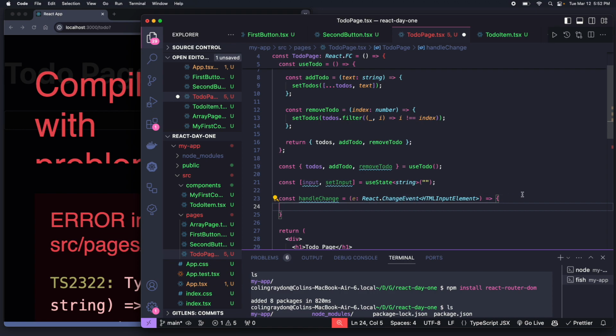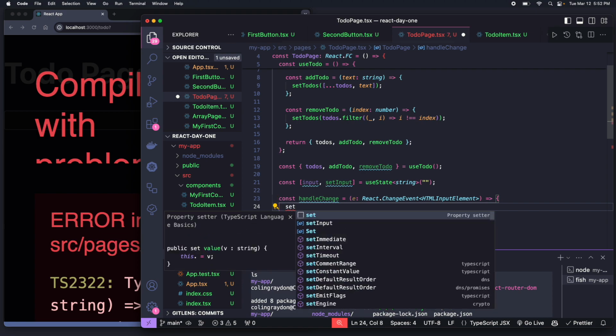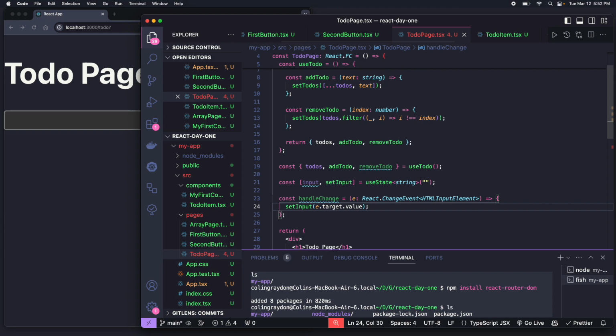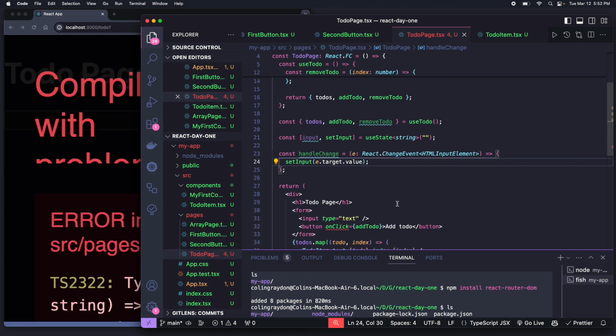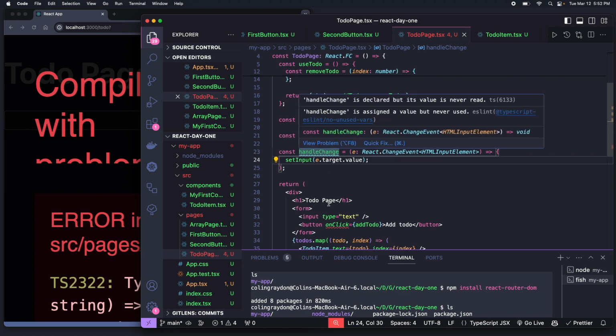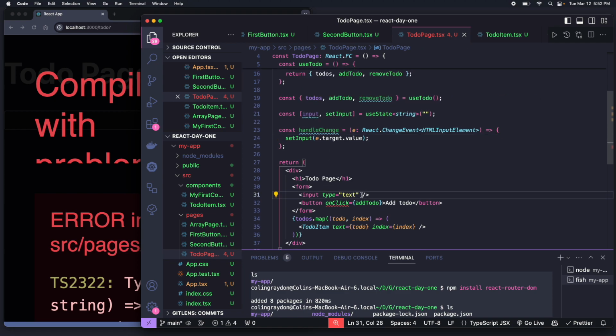Now you don't need to memorize the types for these. I usually let autocomplete do it, or you copy and paste them from somewhere else. But what we care about is e.target.value. That one, if you remember anything, just remember e.target.value. So what happens is we want to set input to be e.target.value. Now every single time this changes,